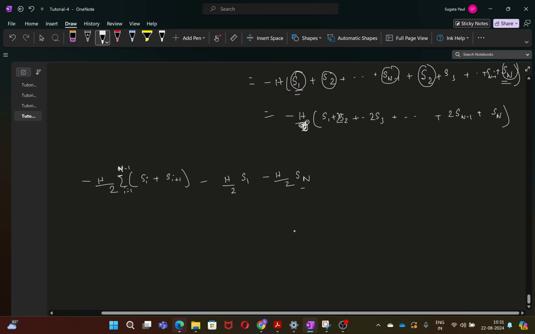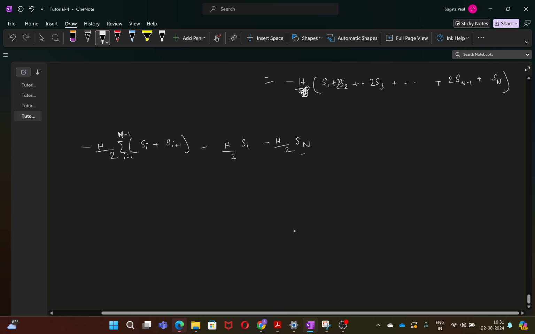Yes. So basically, if you just add another minus h by 2 S1 and minus h by 2 Sn term, then the whole term becomes equivalent to writing it as minus